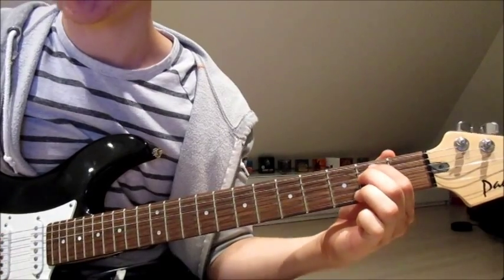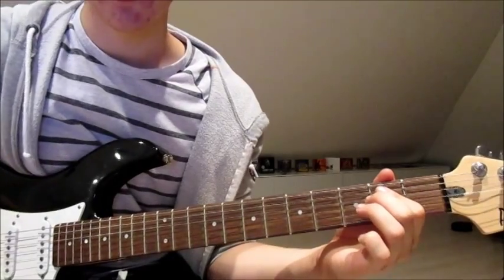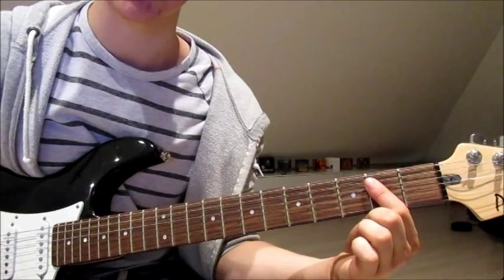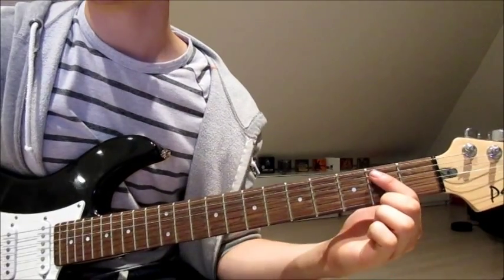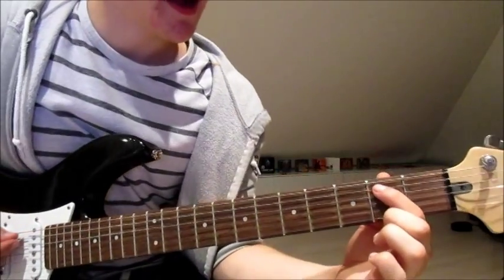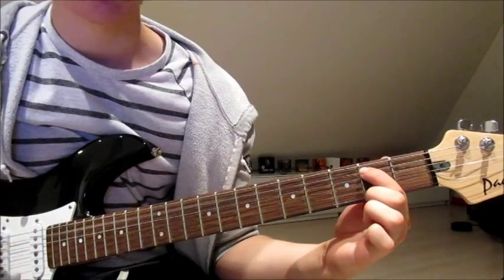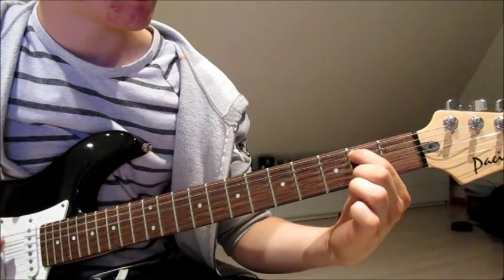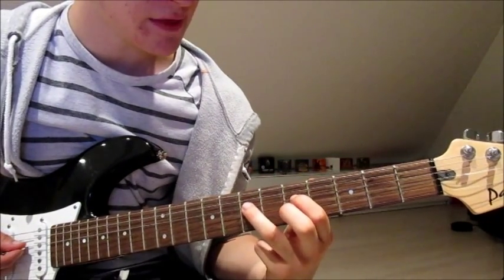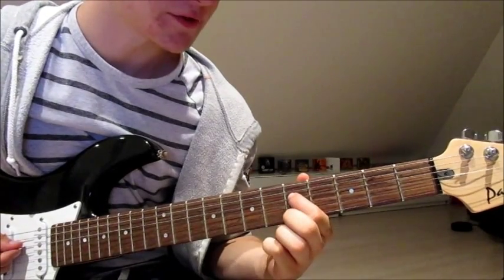Of course, you can use the 2nd finger if you think that's easier. I do it this way, putting the 1st finger down over the 4th string as well. I think it's the easiest way to play it, but if you do it otherwise, that's totally up to you. And then we go back to the 2nd on the 5th, pick it once, so we get. Now 3rd finger goes onto the 7th on the 4th string, pick it twice, 1st finger on the 5th,